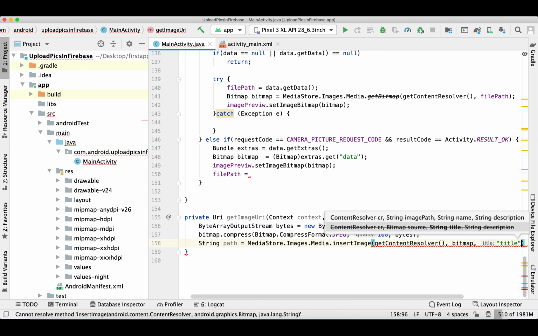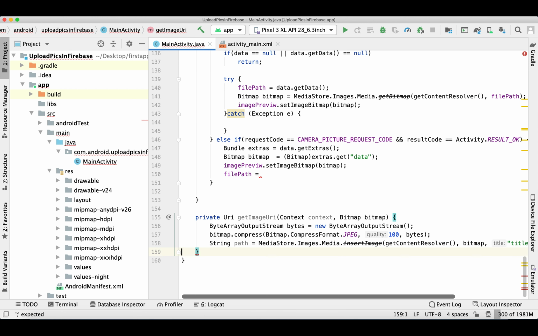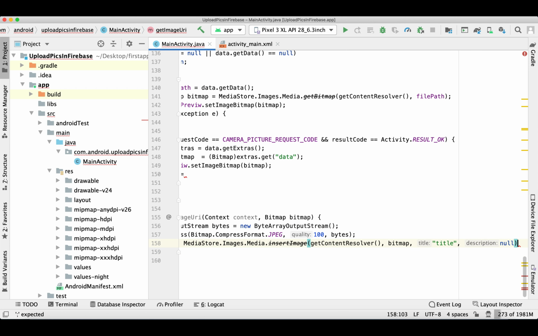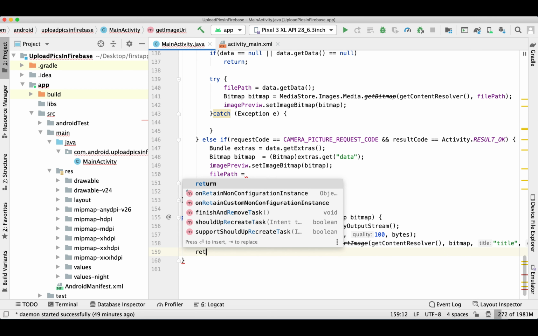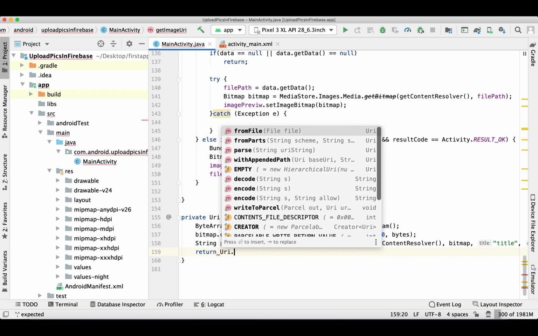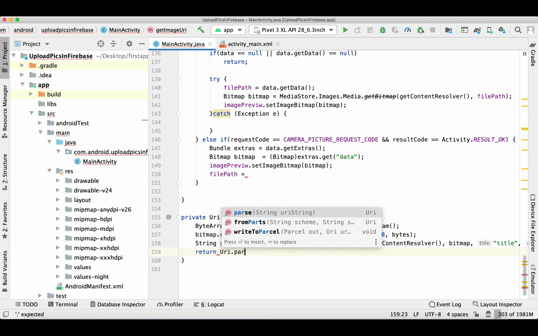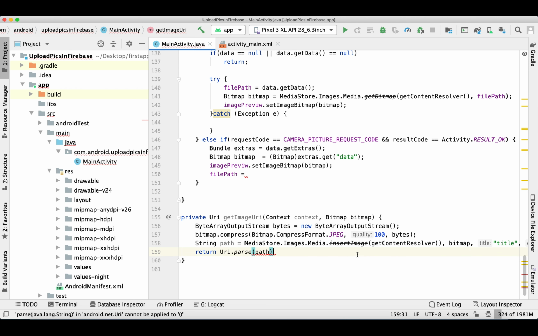You can give any name. And now we need to simply convert this path to URI and return it. Now we'll call this function from this block.